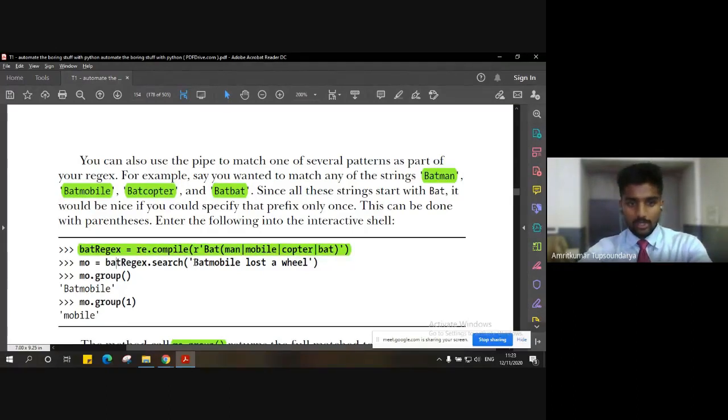We are considering examples which do have a matching regular expression, but there can be cases wherein the string doesn't match any of the patterns. In that case, the search method will return a null value to the variable mo. That means the value of the match object will be null, and you might get an error.